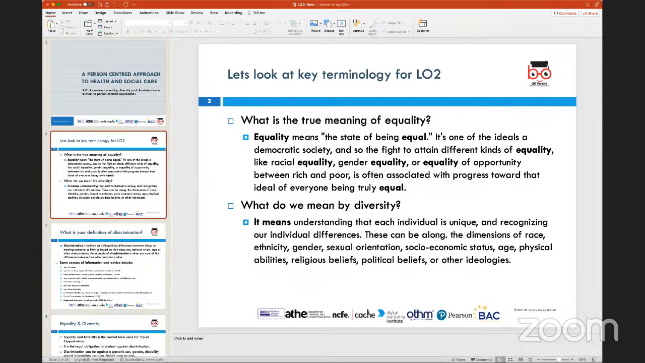So when we look at equality, what is the meaning of the word equality? Equality refers to the state of being equal. That means we are going to treat everyone and provide everyone with the same opportunities so that they can fulfill their potential, or get the requisite care which is required when they come in to receive